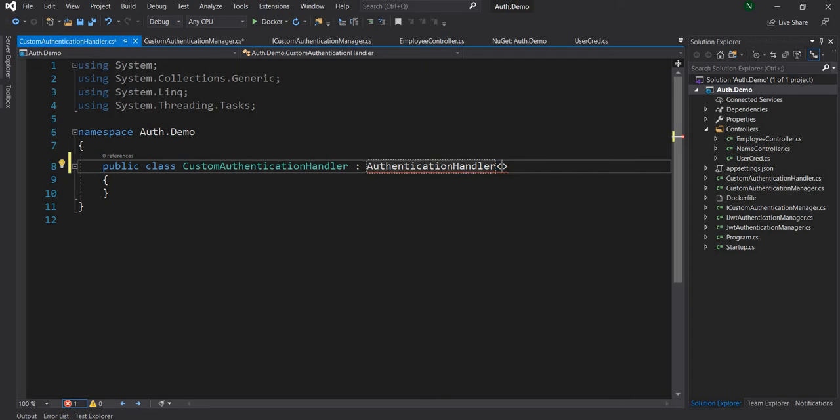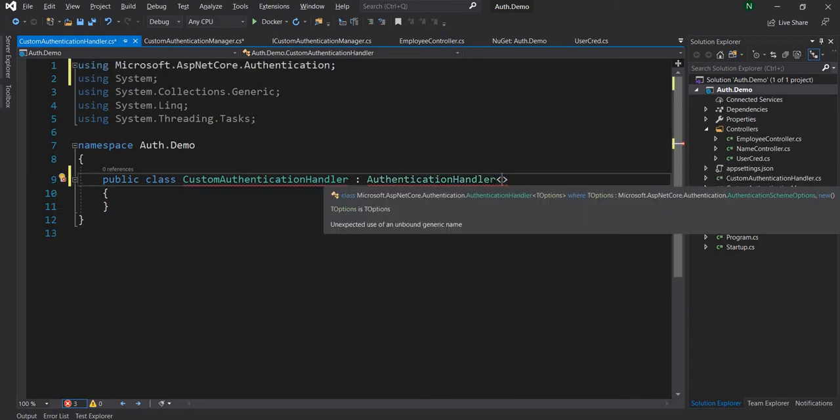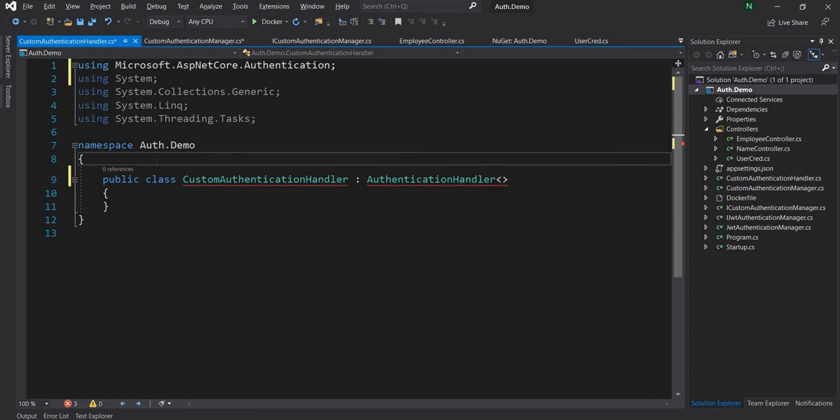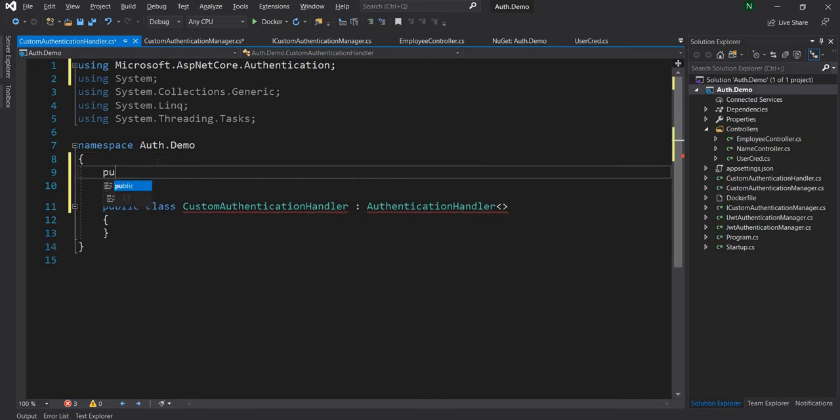The authentication handler base class is a generic class, and the T option has to be something which is derived from authentication scheme option. So what I'll do here itself is create a class